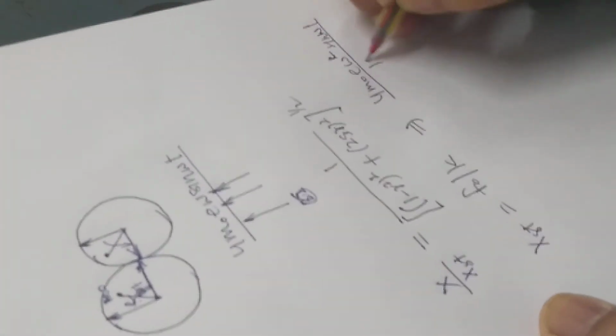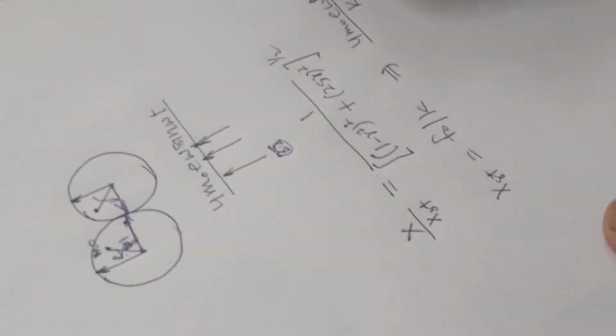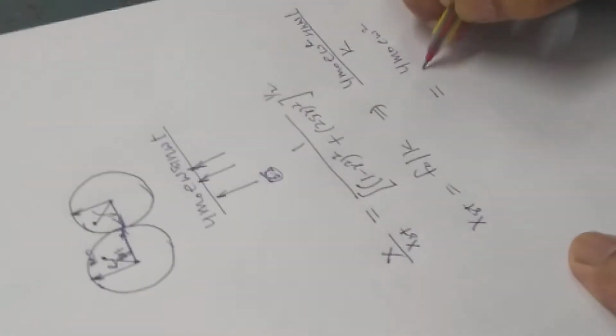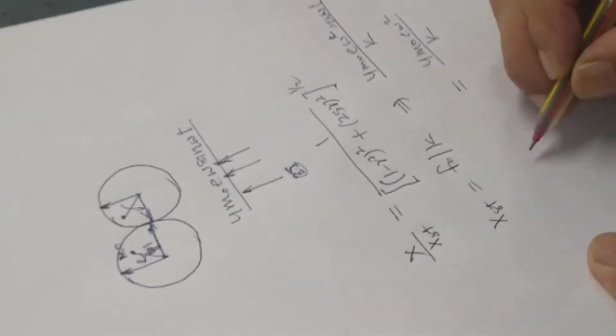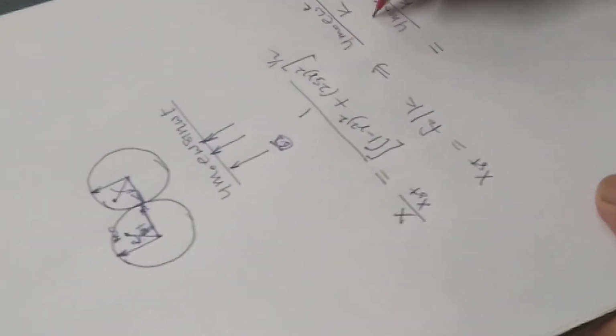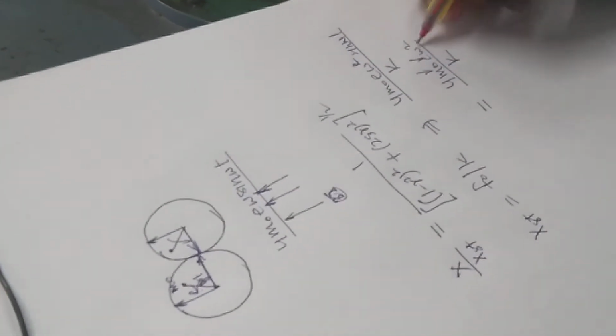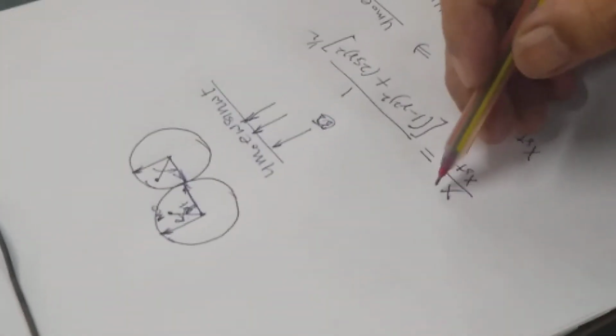And what is F naught? F naught is 4 m naught e omega square sin omega t. K you have already determined, and for the maximum value sin theta will be 1. So this will be 4 m naught e omega square by k. So you can find out what is x static. M naught is given, e is given, omega you will measure, k you have already determined. So x you will determine for each set of readings.